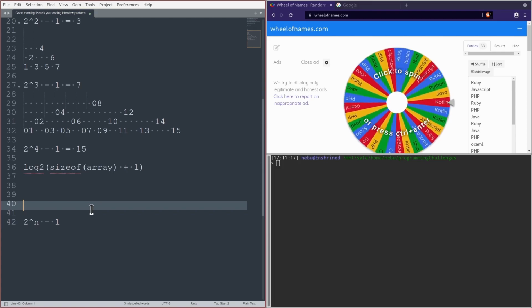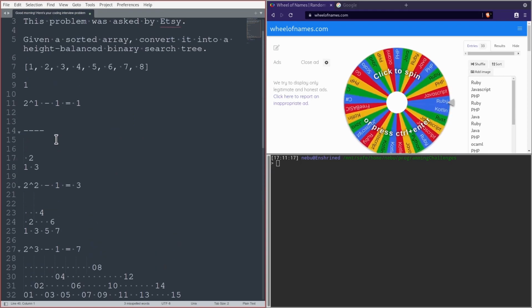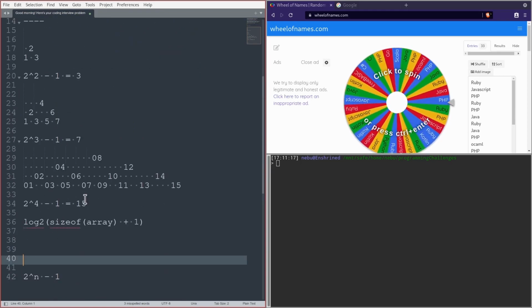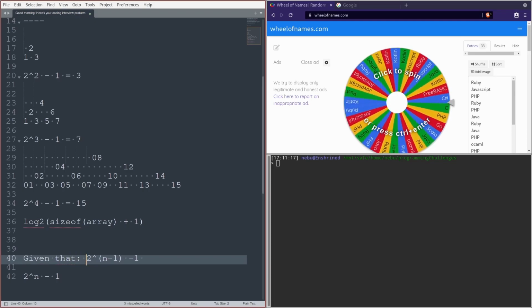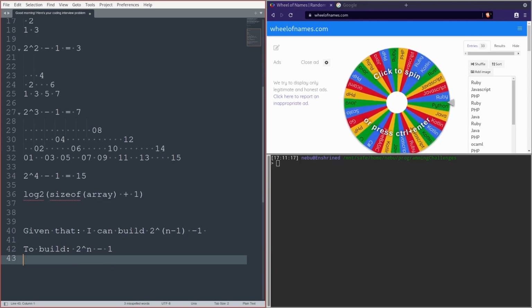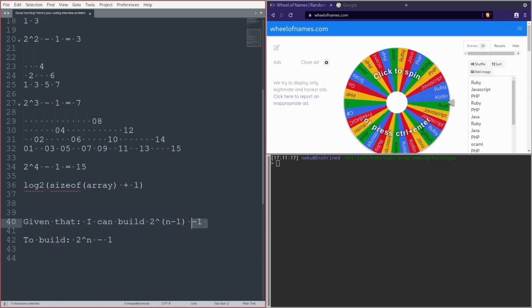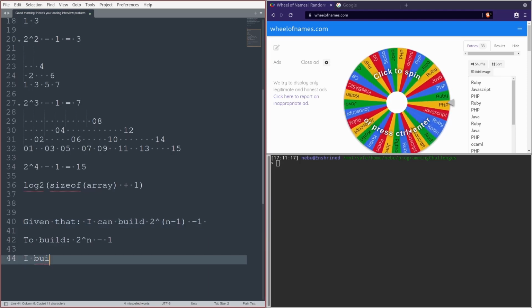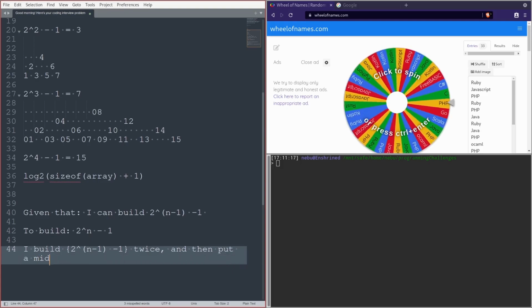How do we do that? So we use recursion, right? So given that I know how to build, given that I can build this tree, all I have to do is build this tree. The notation is a little weird here. I build this tree twice and then put a middle node on